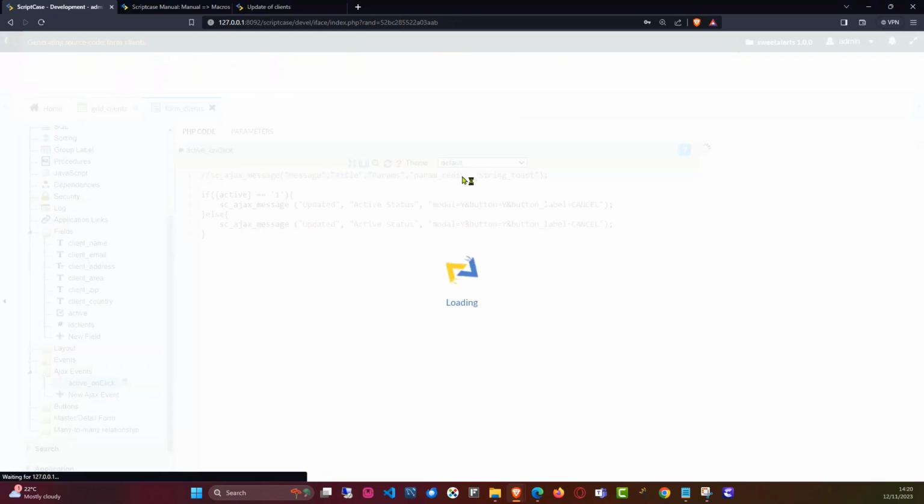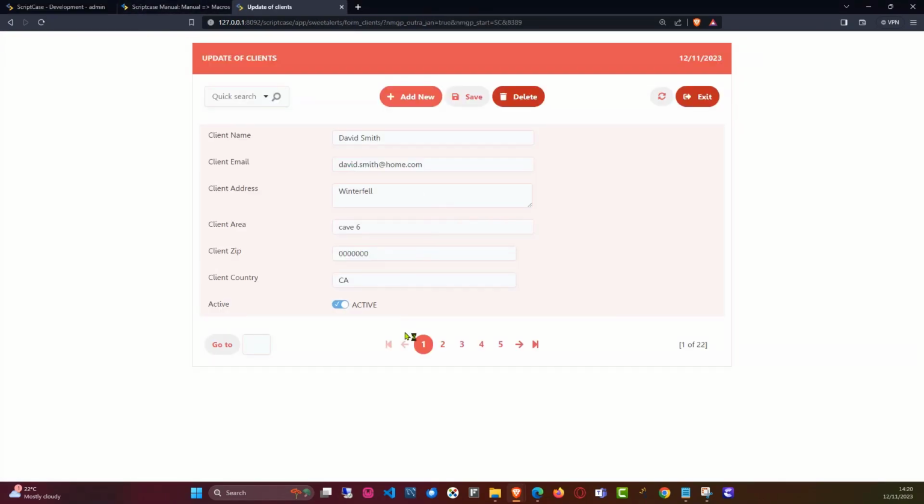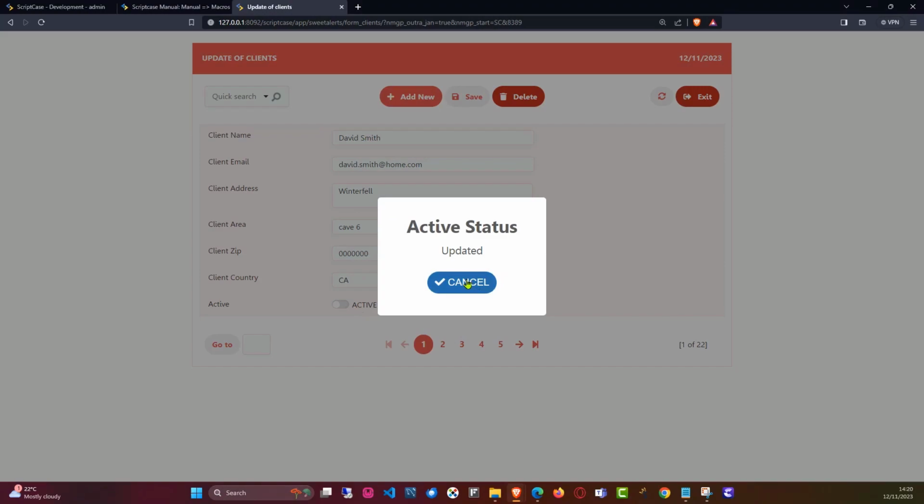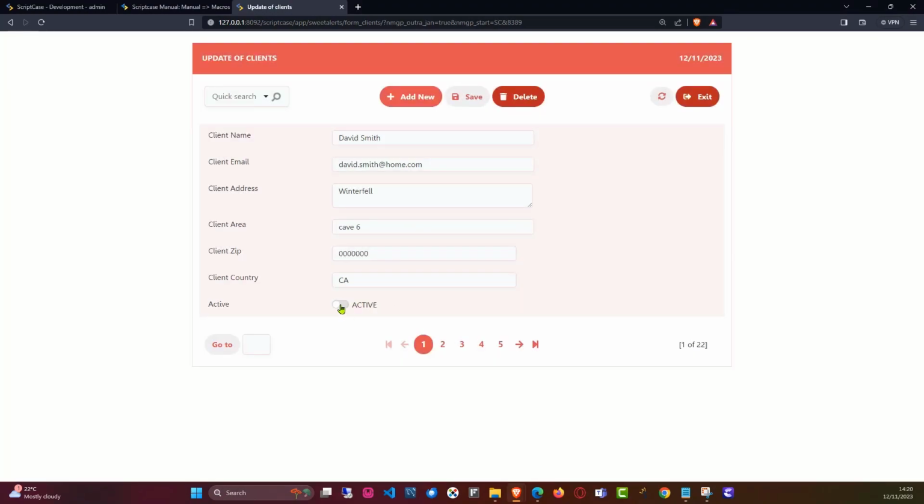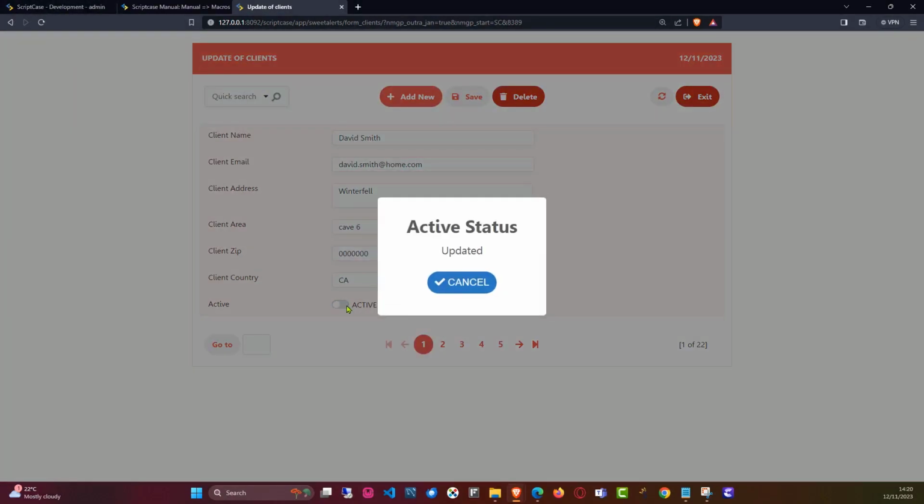Cancel and run. Okay. And now if I click on that, there we go. And there we also have our custom button displayed there, as well as a modal window. And you see that looks slightly different than our previous